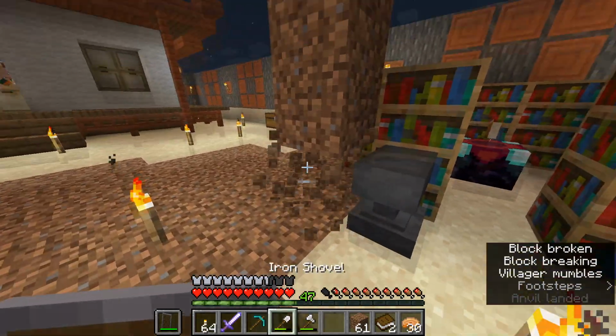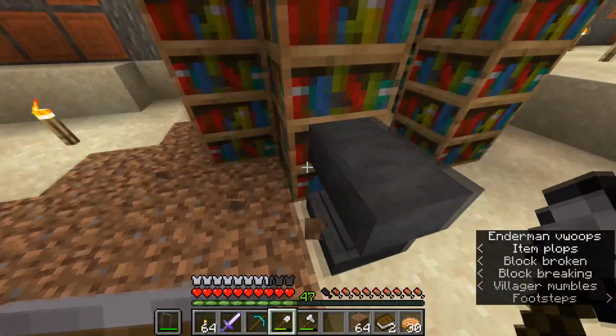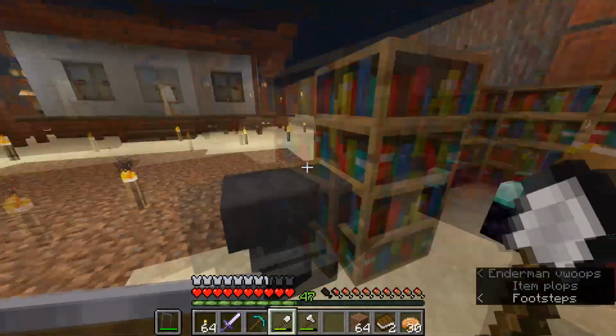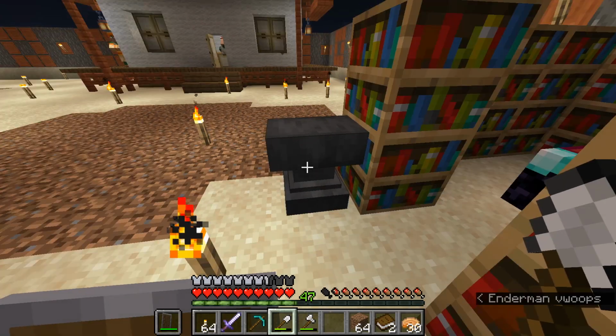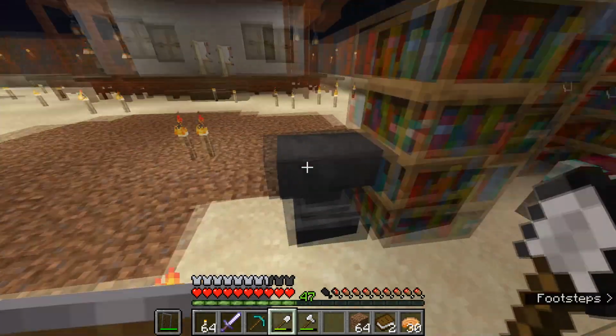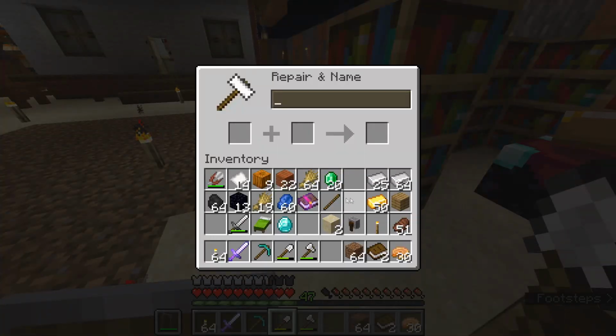So, it actually sounds kind of funny doing it like that, but that's how anvils work. I think it's great, and there's some fun things you can actually do with anvils. But right now, what we're going to do is try and apply this enchantment onto an actual